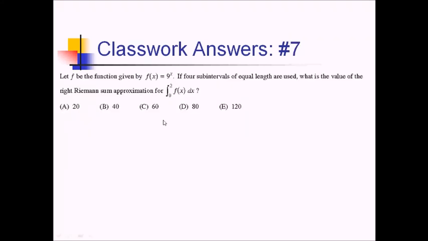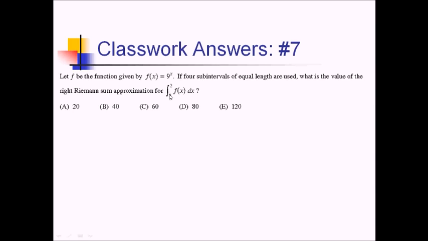For this no calculator problem, we are given the function 9 to the x. We're using 4 subintervals of equal length and want the value of a right Riemann sum approximation of this function from 0 to 2. All right, so we can say that the integral of f of x from 0 to 2 is approximately equal to, so we've got essentially 5 different x values we could use here. Since we're using 4 subintervals and we're going from 0 to 2, we've got 0, 0.5, 1, 1.5,